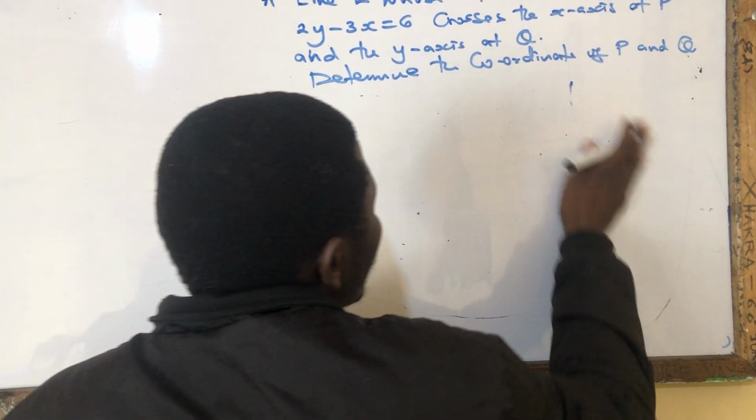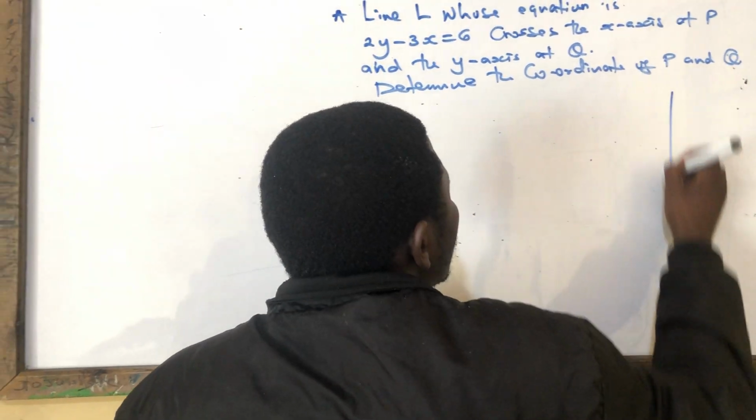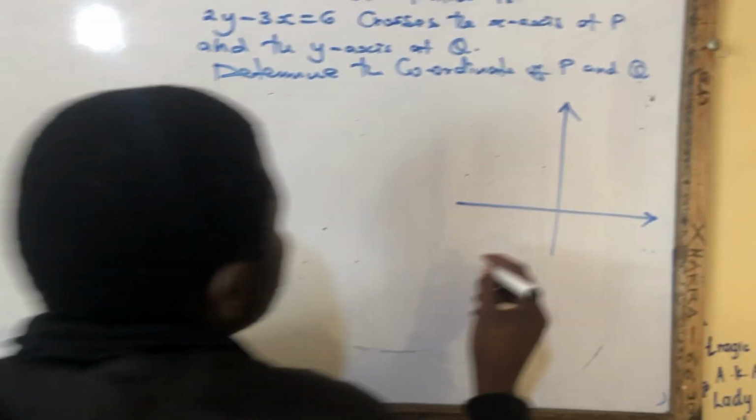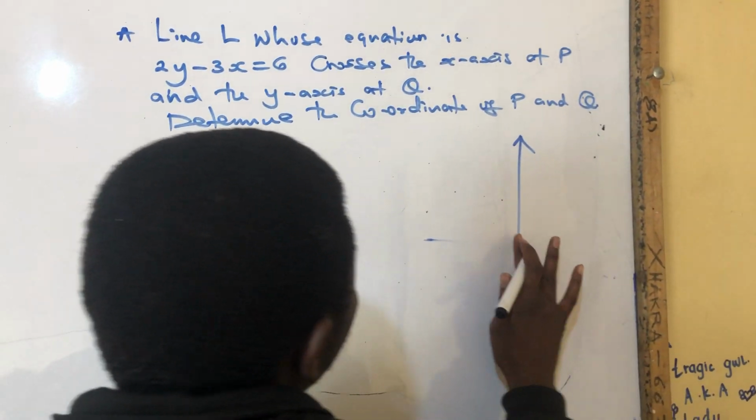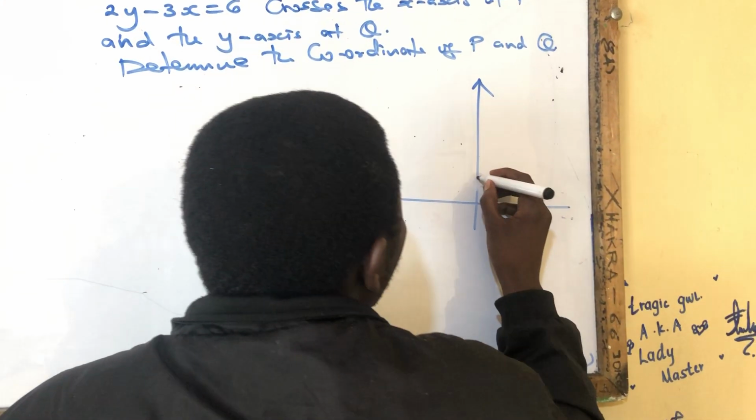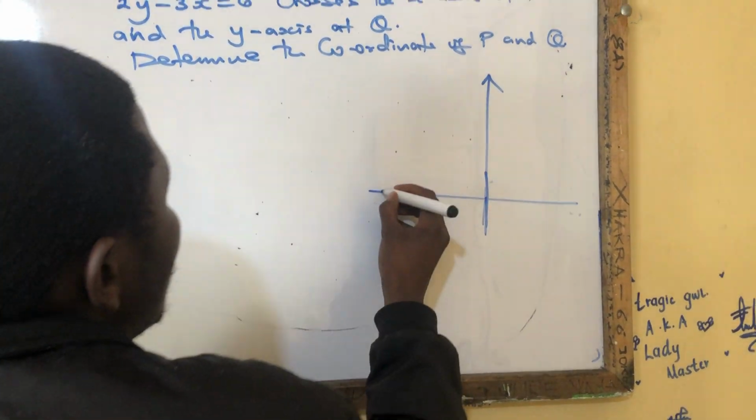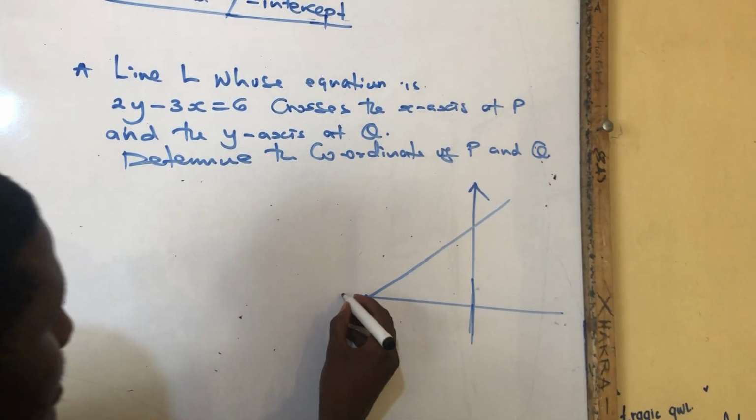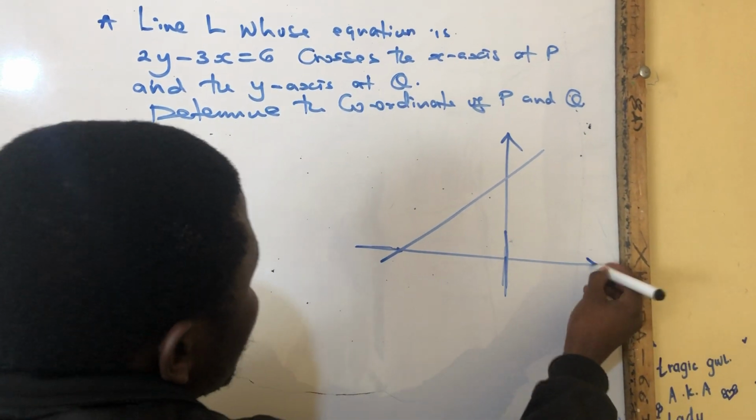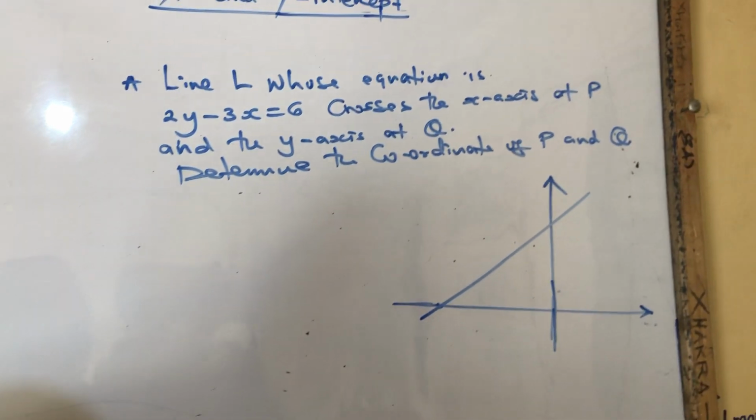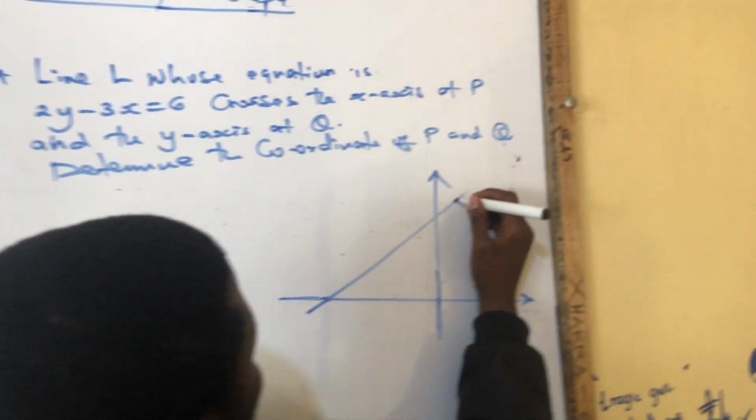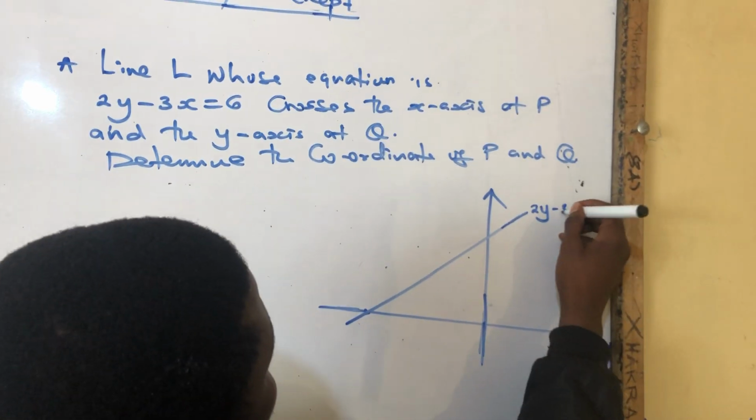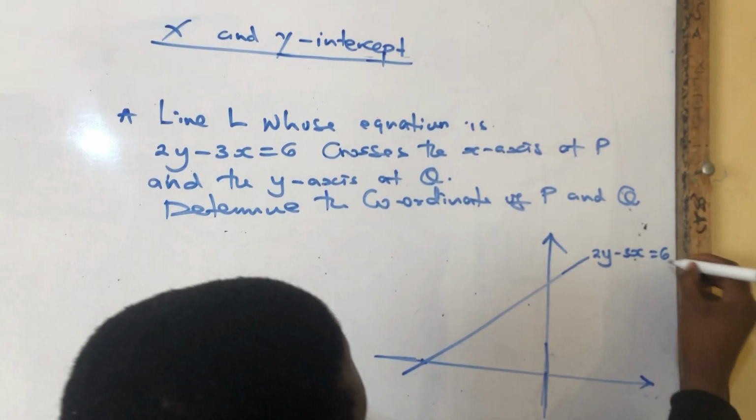I wish we start by representing this diagrammatically. The line should be generally looking like this. That will be our line. What is the question telling us? That this line, whose equation is 2y minus 3x is equal to 6,